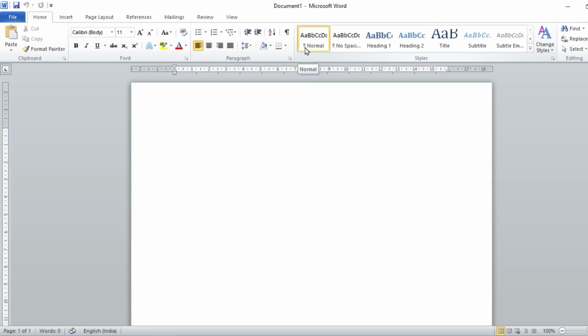Now let us see how to change the font size in Microsoft Word. So select the text you want to modify. Let me type a word here, for example, Microsoft. So just select the